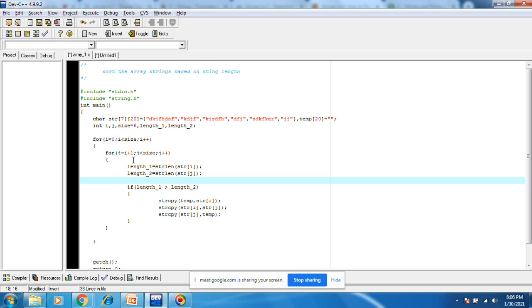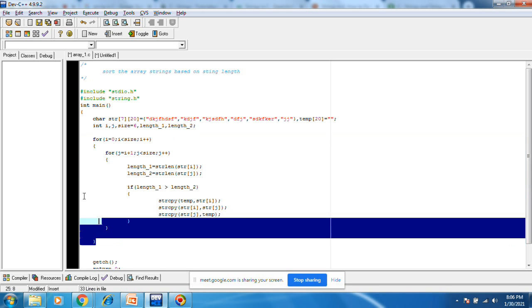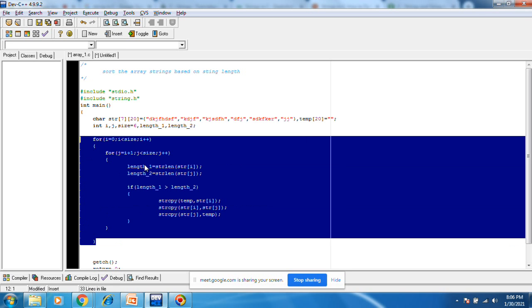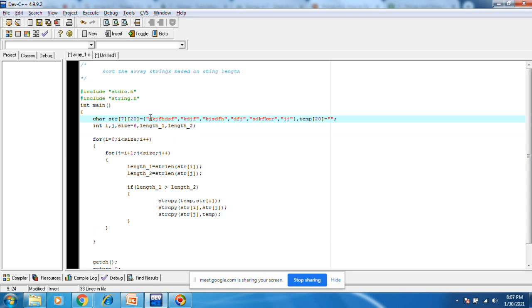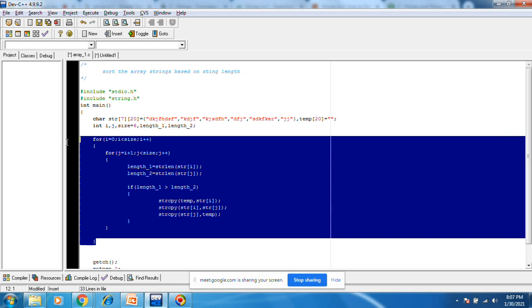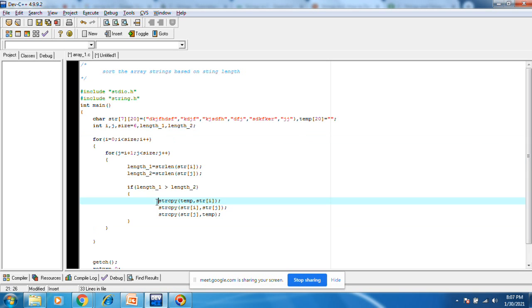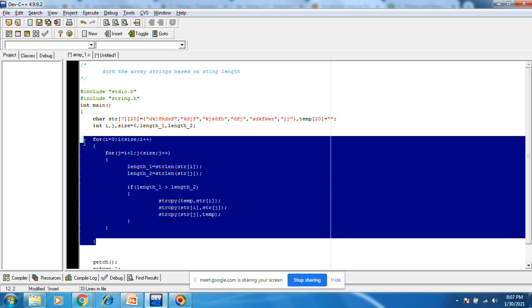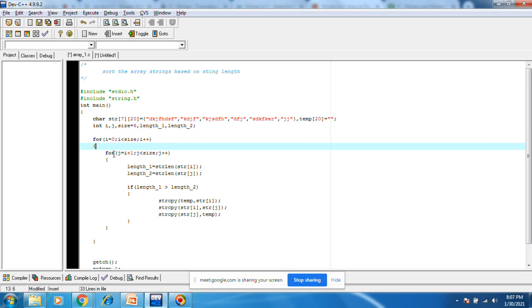If you want detail on how this bubble sort algorithm works, you can check the previous loop examples video. There we have done sorting of an array of integers. The same way we are doing here. We have clearly explained in that place how both for loops will work. And then this is a perfectly completed sorting order.